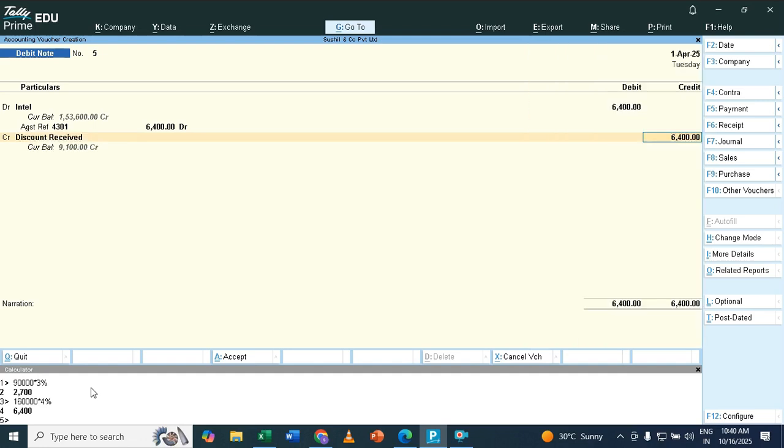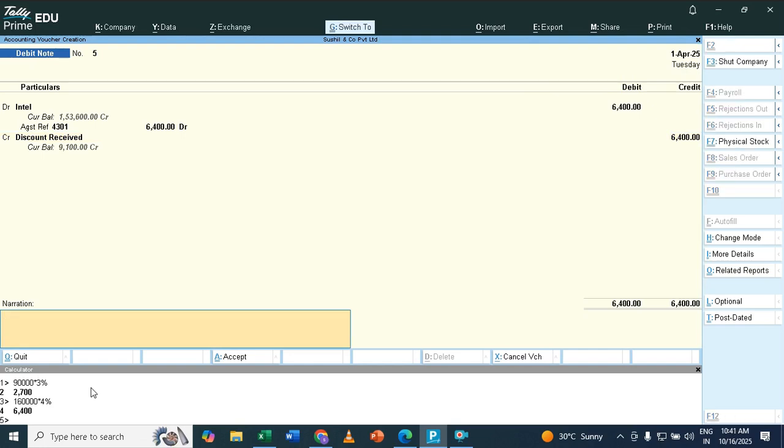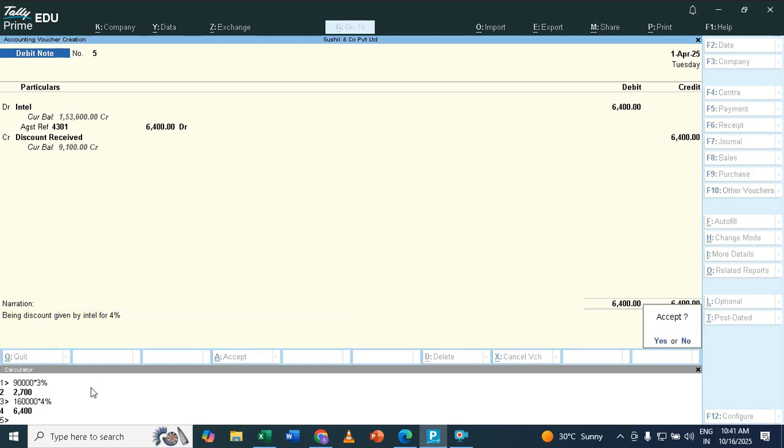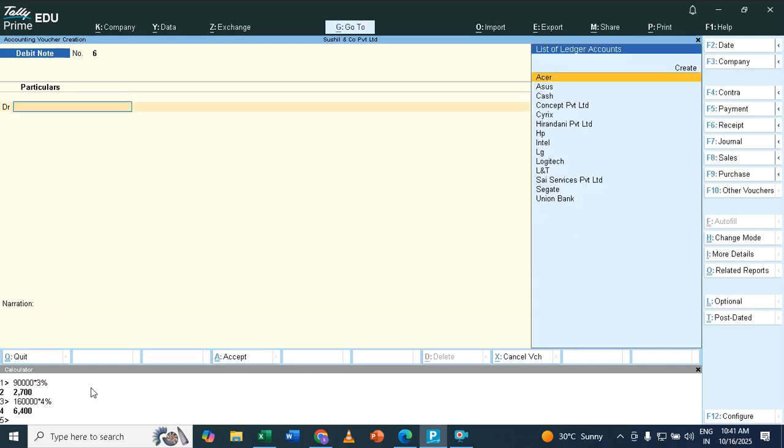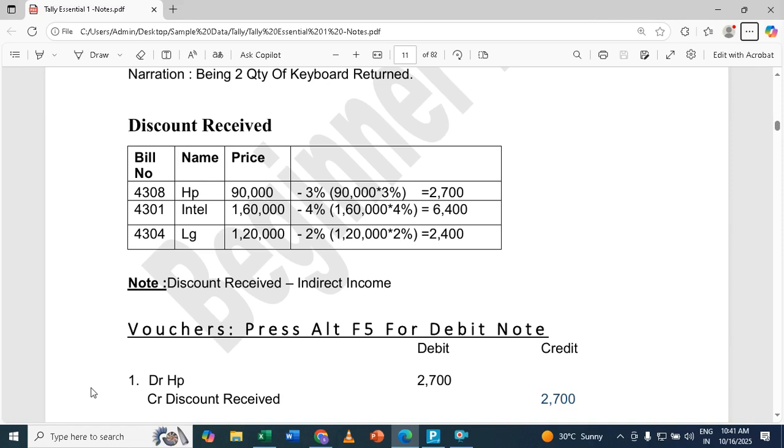See, 6,400 is the discount, enter. Narration I can just press Ctrl R so that I don't have to type it. Just use your backspace and remove this HP from here and just type here Intel for 4%. So that is the discount, and then you can press enter and then you can say yes. So my Intel entry also is done.